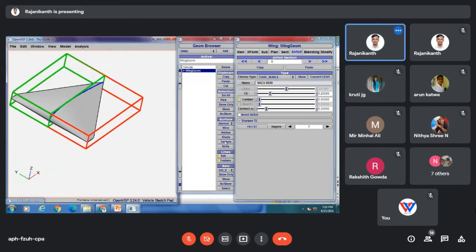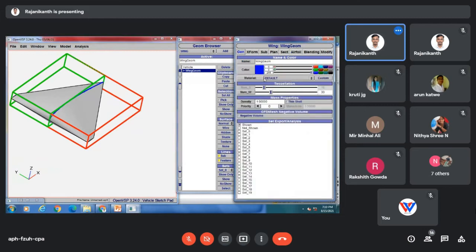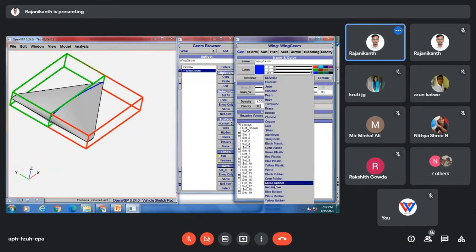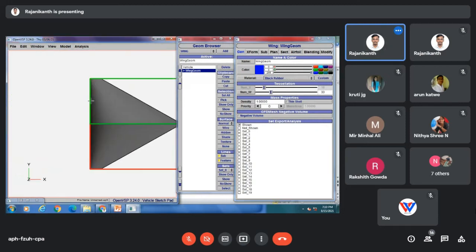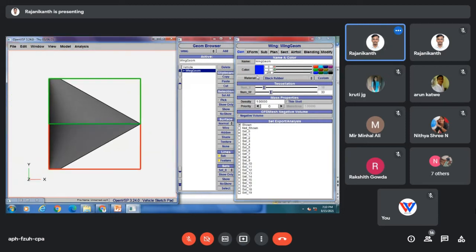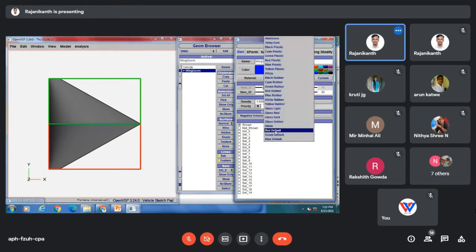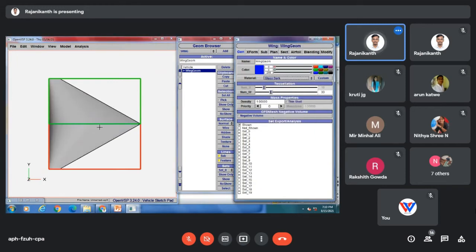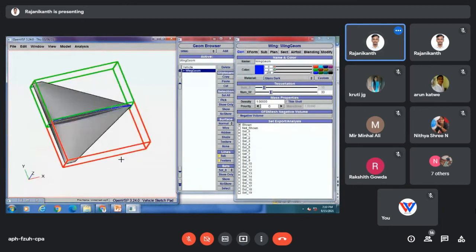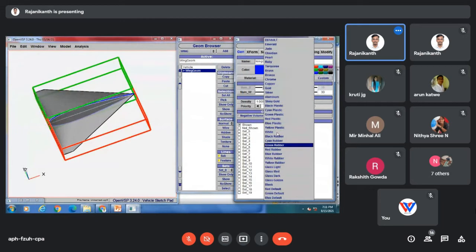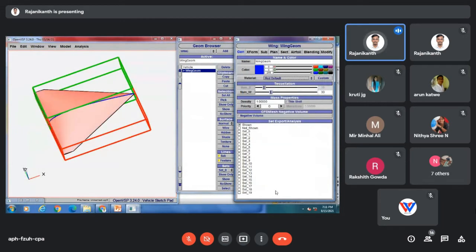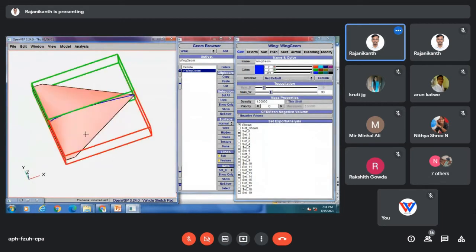I'll shade this one. After shading, you can even add a material, that means black rubber or glass dark, like this, or default red.